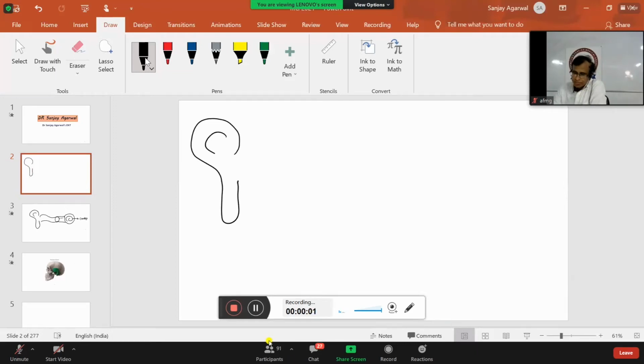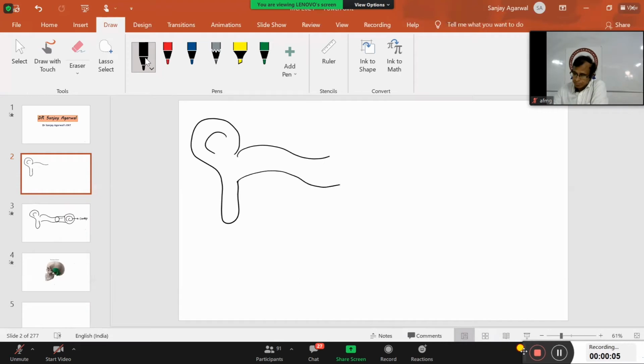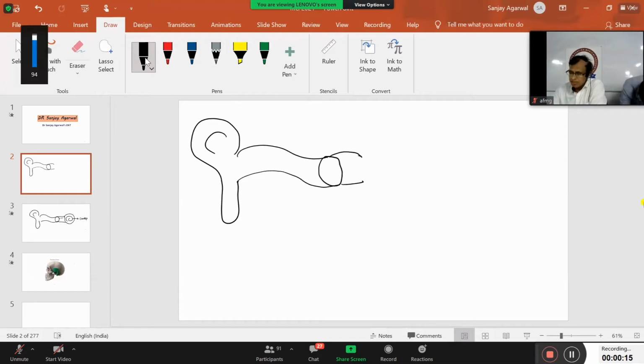What is the next thing? There is a canal. What do you have at the end of the canal? There is a membrane, which is called the tympanic membrane, and there is a small cavity called the middle ear cavity, which has a tube here,